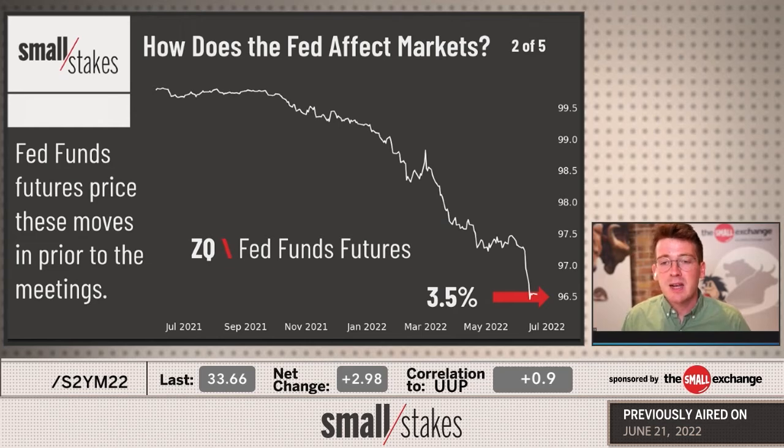And so you might say, hey, Frank, the Fed just hiked 75 basis points, and now they're up to, I think it's about 150 basis points or 1.5%. This thing is saying 3.5%. Well, keep in mind, and this is essential to trading interest rates and to everything that we're talking about today, futures price in the moves before they happen.